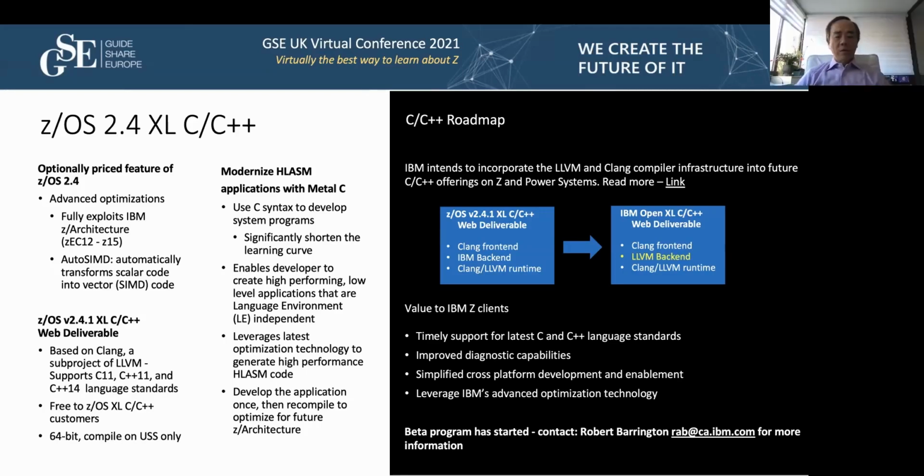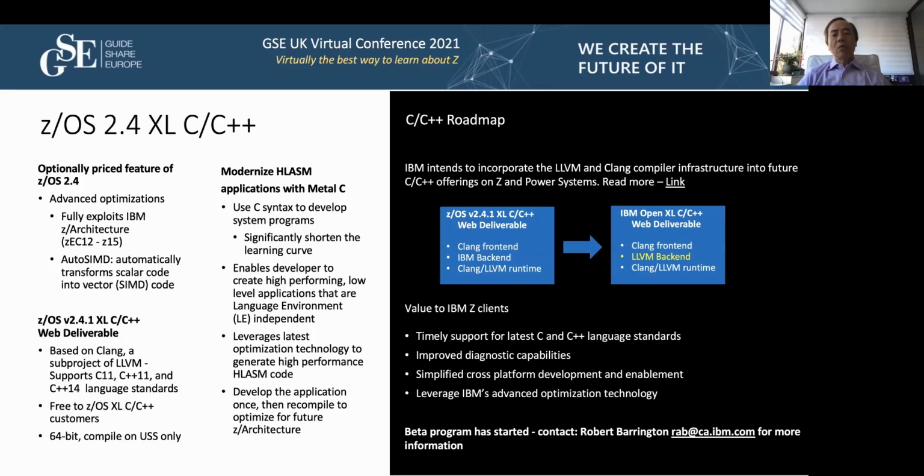So I wanted to talk a little bit about C++, especially the new direction that we are embarking on. C++ is part of z/OS, an optionally priced feature of z/OS, right? So you enable it through the z/OS enablement. So this compiler is a little bit behind in terms of language standard support, because the C++ standard is moving so fast that it's very hard to